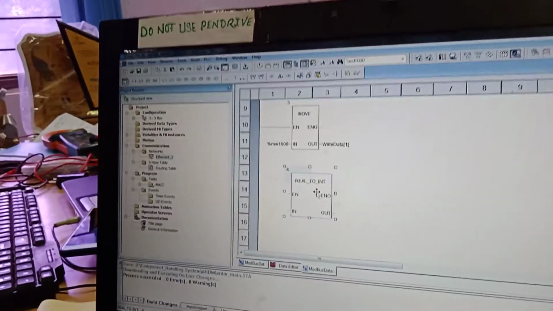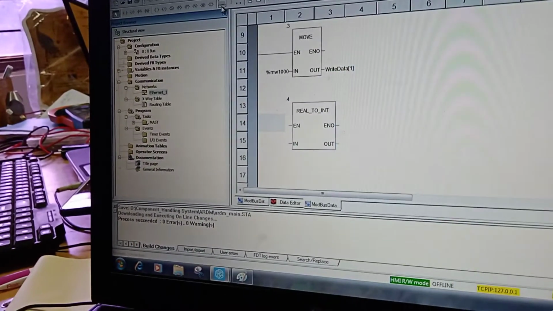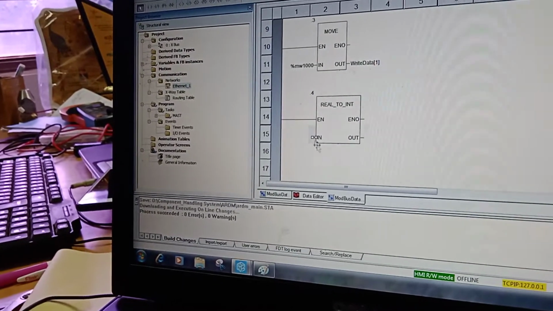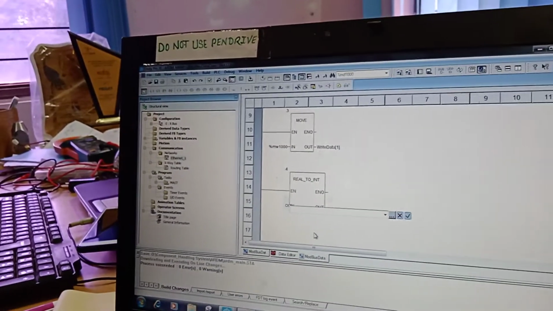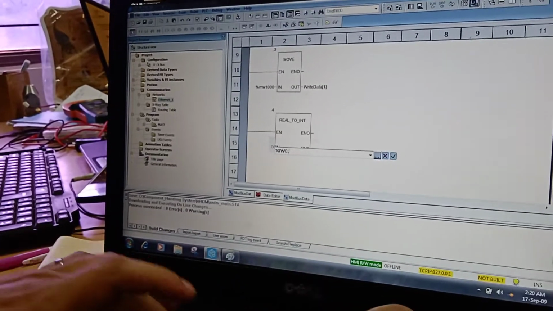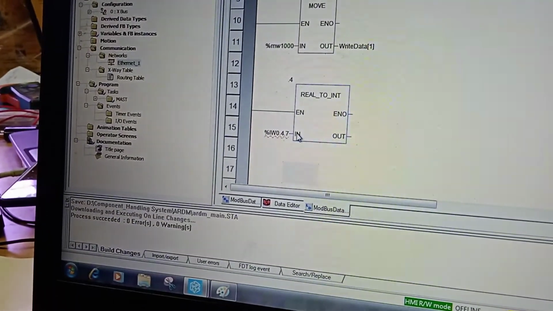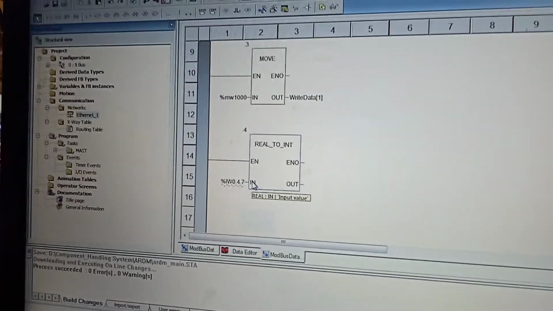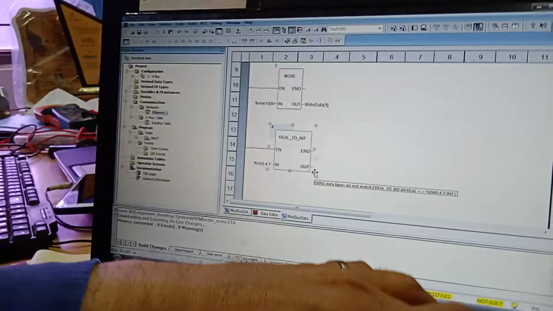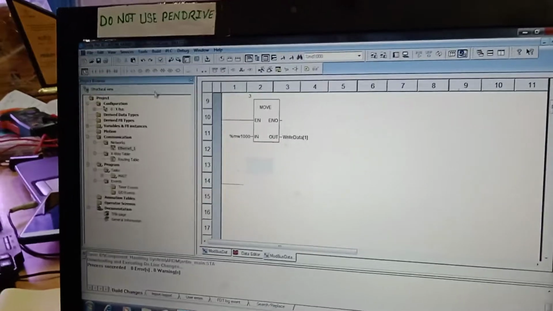So this is my real to int. Now here I will give my particular analog input, say %IW 0.4.7. This will take an input value of real. As it is not taking it directly, I will first use a move command.